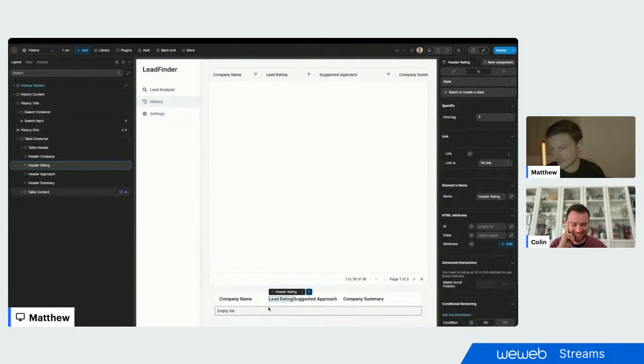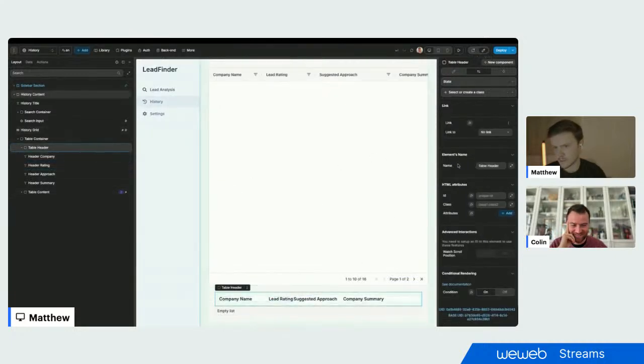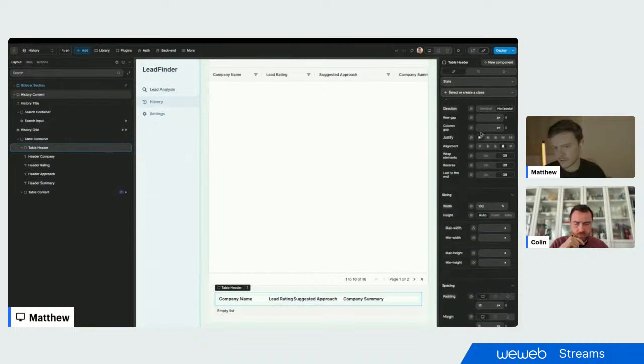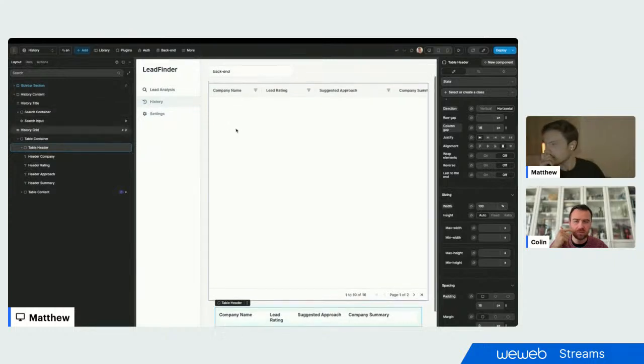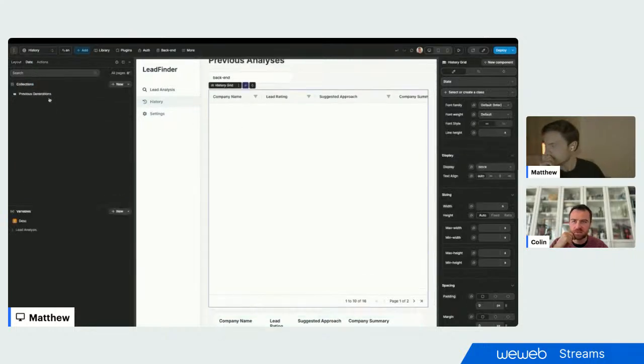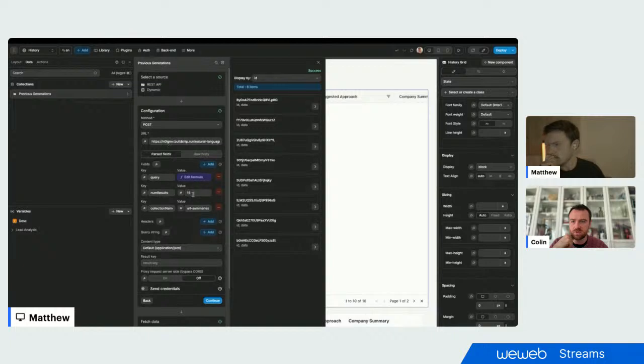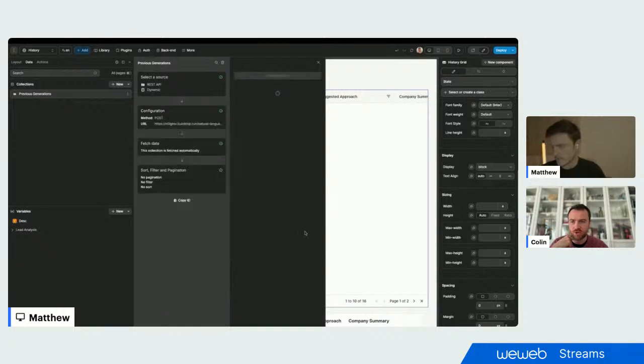Cool. Okay, so we have that. I'm just going to add a bit of spacing in between these. And maybe search for something like self-driving. I think backend. The trouble with embeddings in semantic search is when you do something like embed an entire company description like we did, it's a little bit wonky